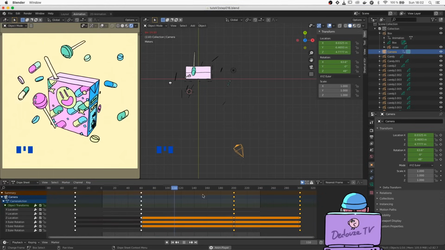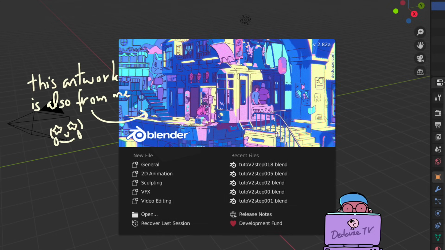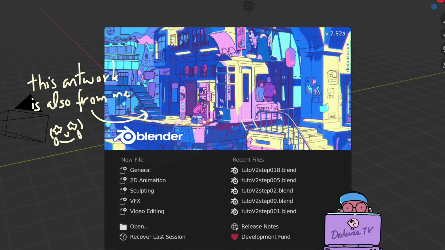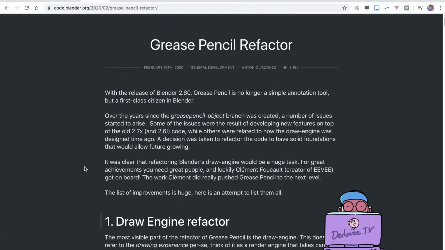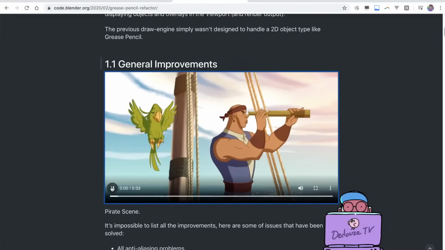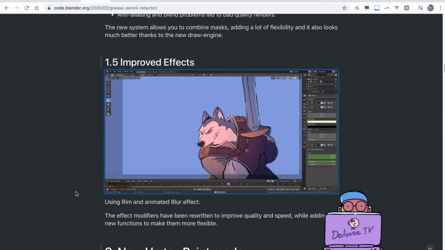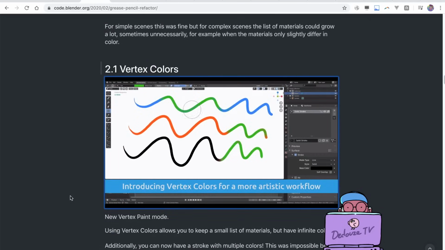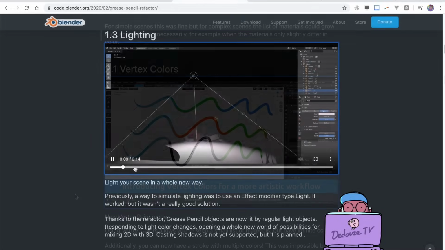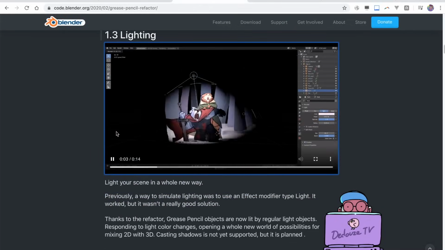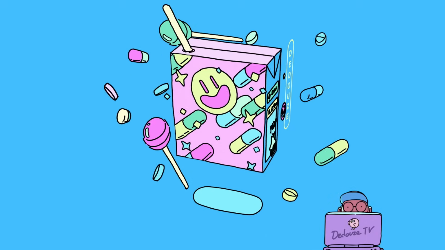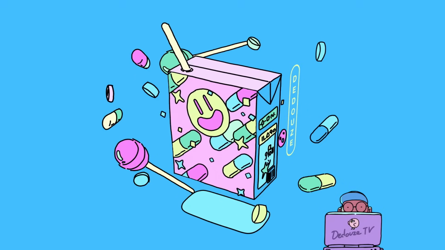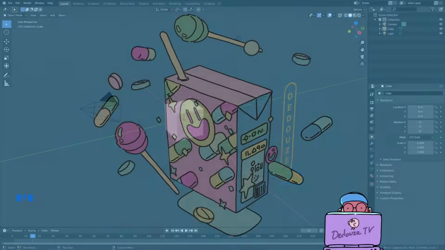So let's begin. First, the version I use here is Blender 2.82, and I'm going to show you a glimpse of the potential of Grease Pencil. Because this tool is in constant evolution, we cannot cover everything in the first tutorial. There are enhancements and new features that are going to come in the few weeks or months, and some are already available now. But today I'm going to show you the most simple drawing and 2D animation tools that can help you make complex animations once you understand them.